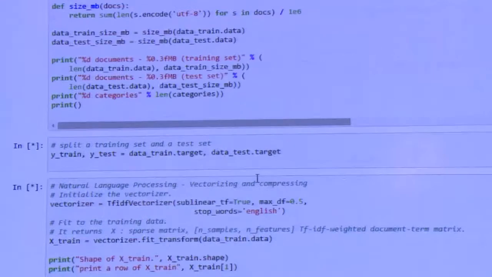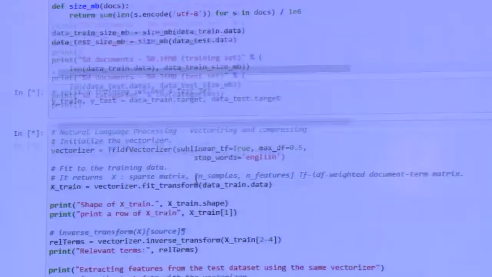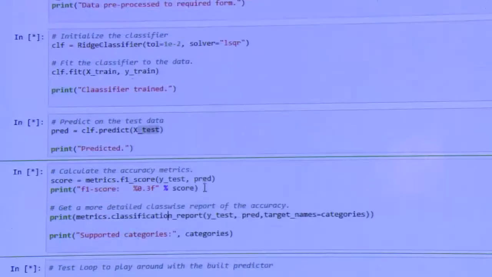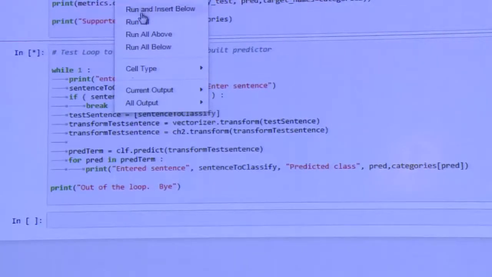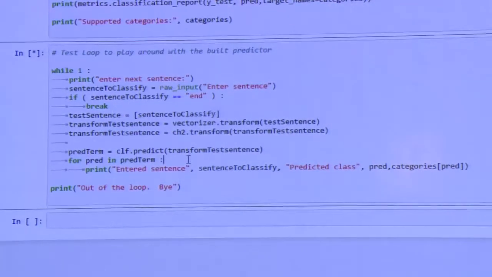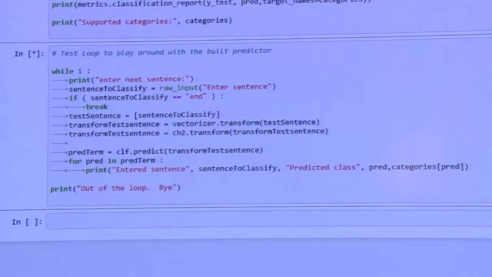Just to relate to what we are talking about in the presentation, I just wanted to show you how the code looks. Okay, I don't know why it's not running. Okay, in any case, we'll come back here.